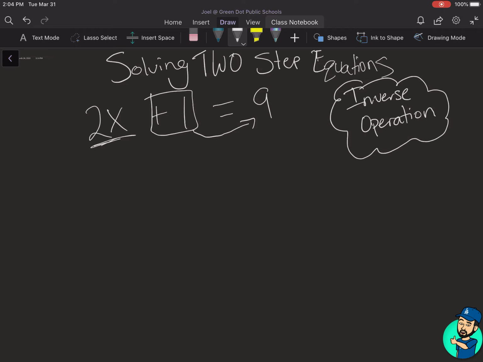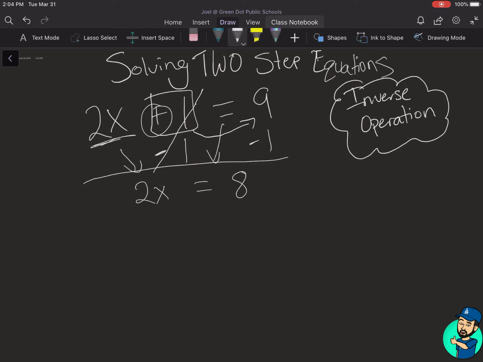Now, the 1 is positive, so the inverse operation of addition is subtraction. So you need to subtract 1 to both sides. That way this cancels. You get rid of it. Now you can bring this down. You bring down the equal sign. And 9 minus 1 equals 8. See there? That's one step. We did one step right here. Now our second step,